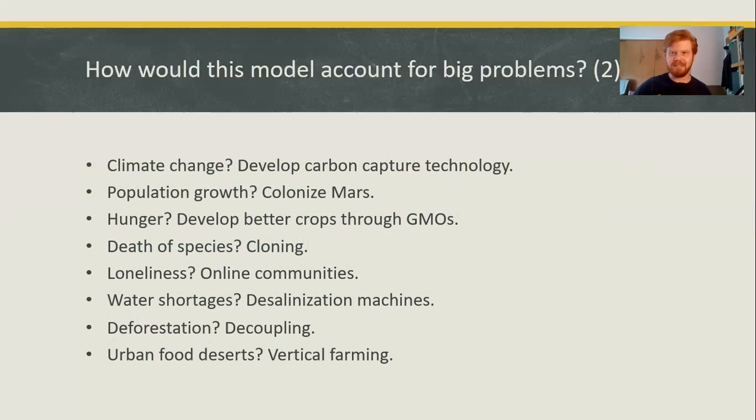You can get these online communities that can fill that desire in the human heart. Water shortages: desalinization machines, machines that take the salt out of salt water. We don't need to go to war over water if we use the 70% of the planet that is covered in water for drinking water. We just need better technology. What about deforestation? The eco-moderns would say that if you want to stop the clear cutting of land for farming, well, you need to develop better things. And so they have a concept called decoupling, which is this idea that should we advance technology far enough, we can sort of, like two train cars together, decouple ourselves from the need to extract from the planet.